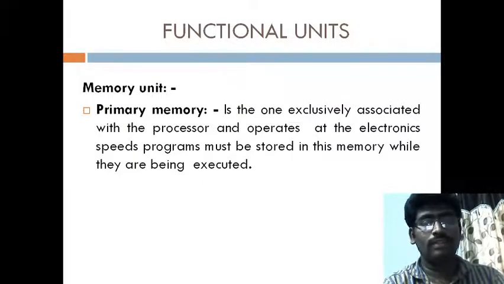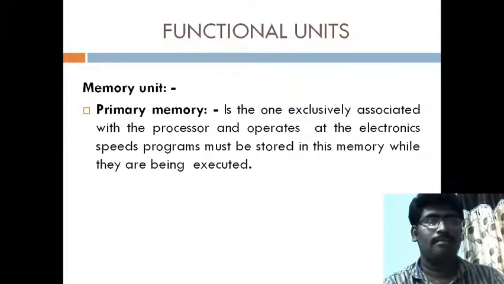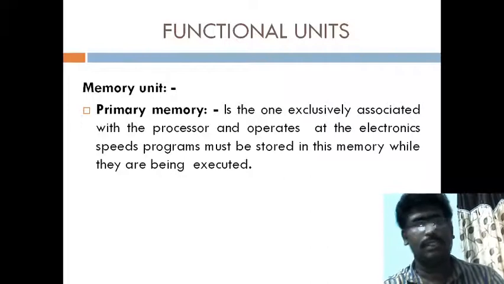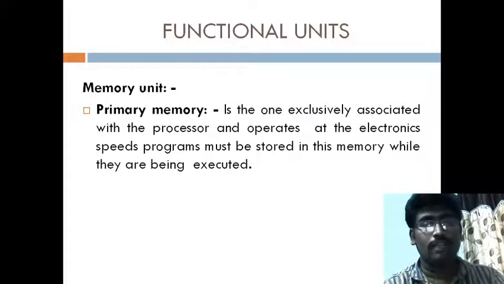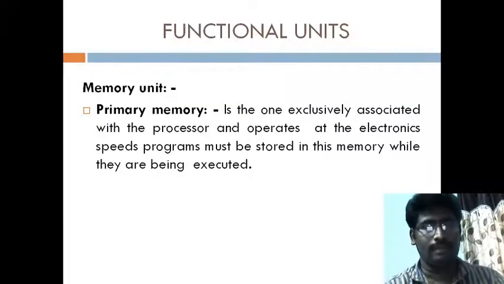When do we use this primary memory, this random access memory? Suppose I have an application like Mozilla Firefox or Google Chrome browser on the desktop. If I open that browser, immediately that application, which is already stored in the secondary memory, will come and reside in the primary memory.